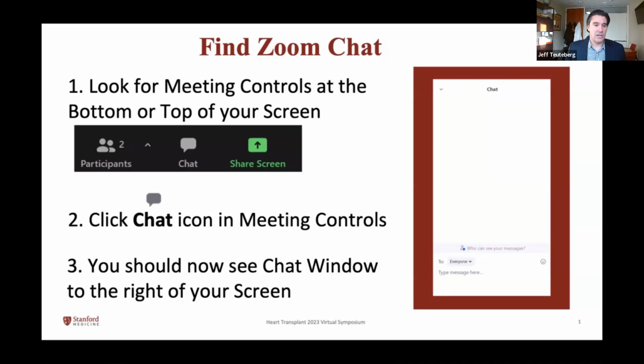If you look at your meeting controls at the top or bottom of your screen, if you hover your mouse either above or below, you'll see that black block come up. And if you click on that chat icon, then you'll be in the meeting controls, and you should see the chat window open up, which is to the right there. And if you go to the next slide,